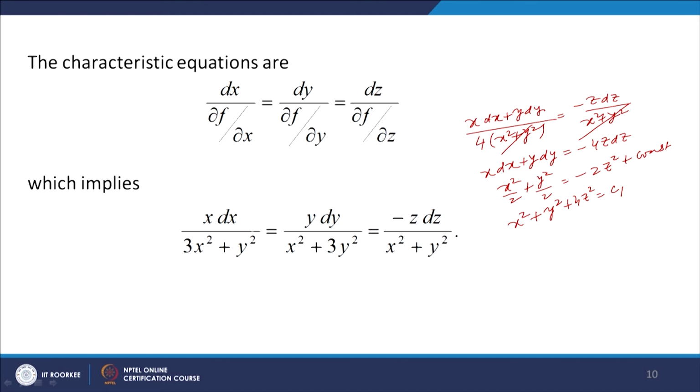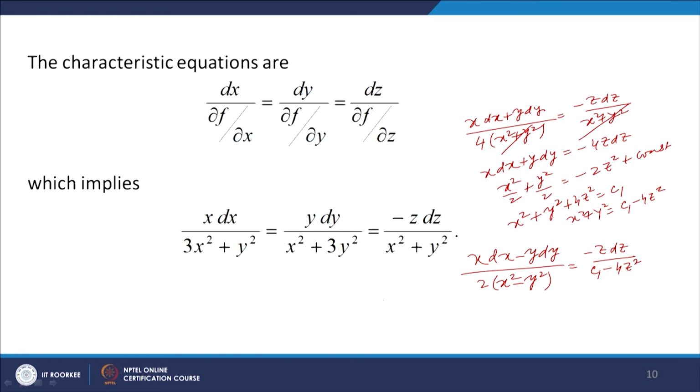So we subtract now x dx minus y dy. Let us consider this, and you see that 3x square minus x square is 2x square, y square minus 3y square is 2y square. So we get 2 times x square minus y square, and what we do here, minus z dz divided by x square plus y square, you can put from here, x square plus y square is C1 minus 4z square. So let us put that C1 minus 4z square here. Now we can integrate easily.